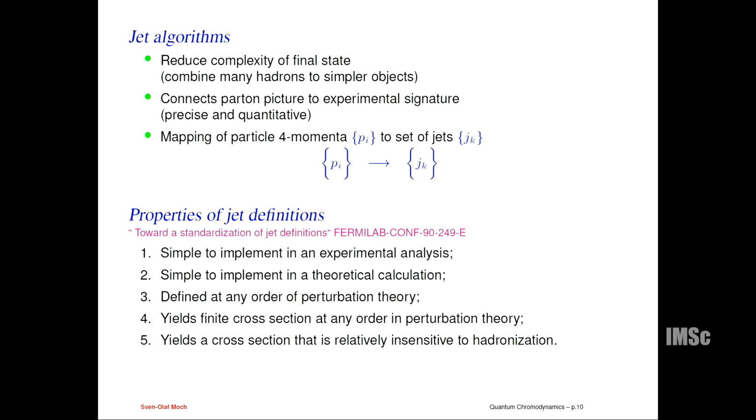And this is an important thing, and this is why I'm discussing it now, because we have to come up with definitions of jets which are also infrared safe. And in the end, it should also give you cross-sections that are relatively insensitive to hadronization. So after all, the conversion from partons to hadrons shouldn't really spoil or give you big corrections to your cross-sections. In reality, it does give corrections, and those have to be studied with Monte Carlos, and Monte Carlo tunes, but I would like to minimize this.